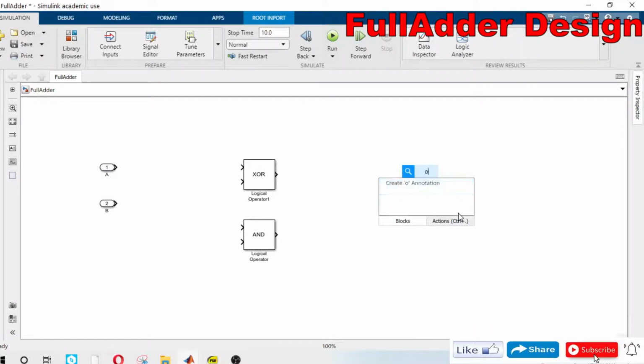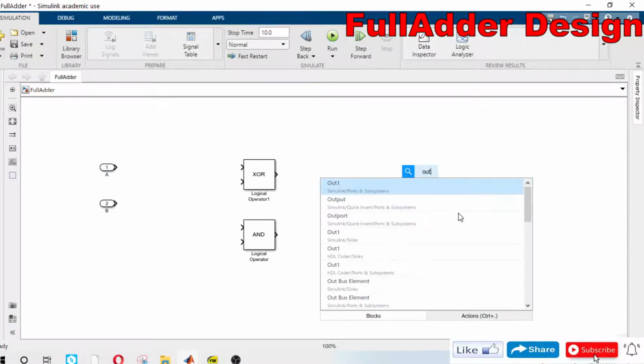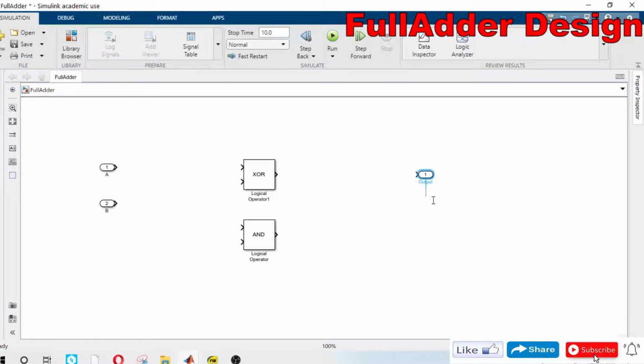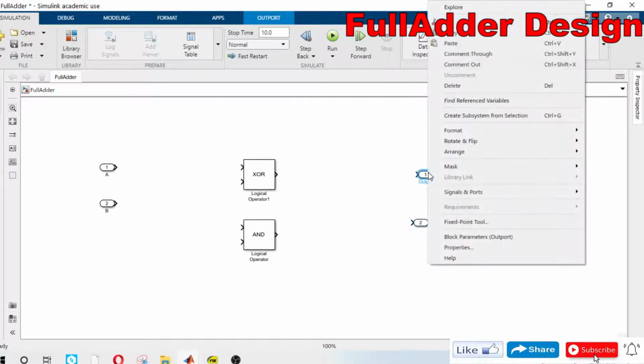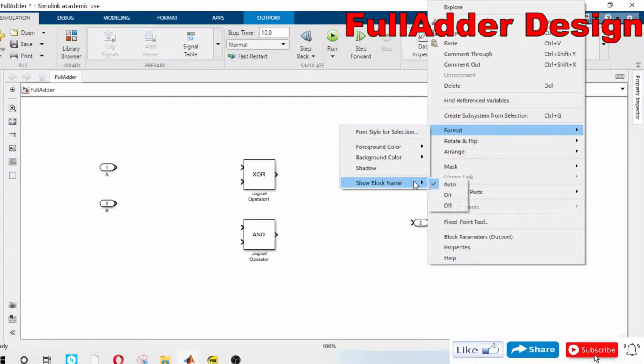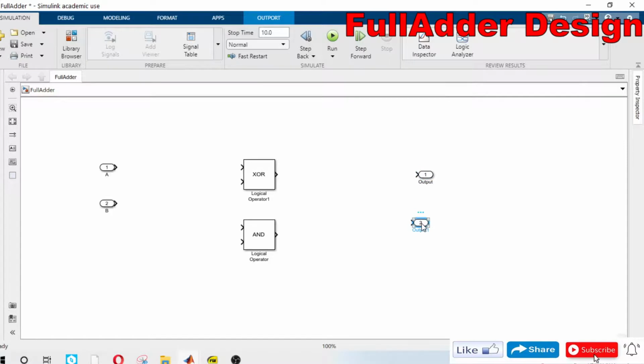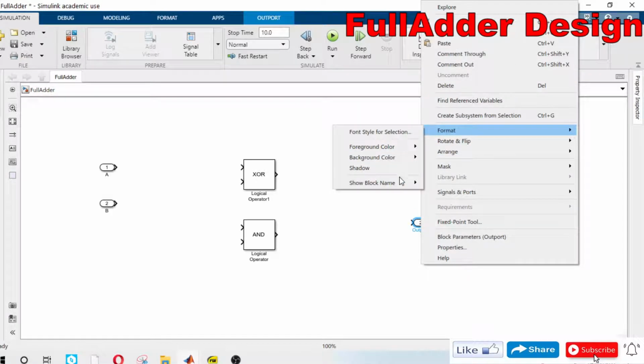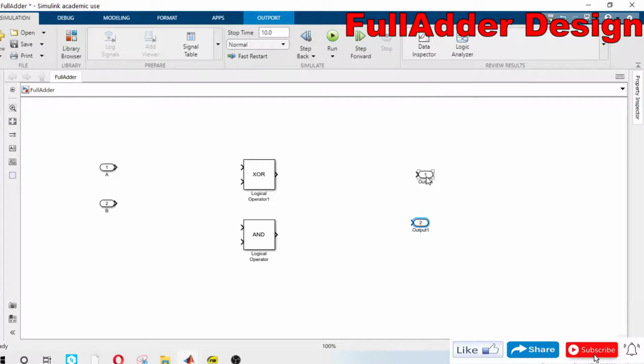It is output. Control drag and drop to get the other one. I will make the block name visible, format, show block name on, and I will name them sum and carry.